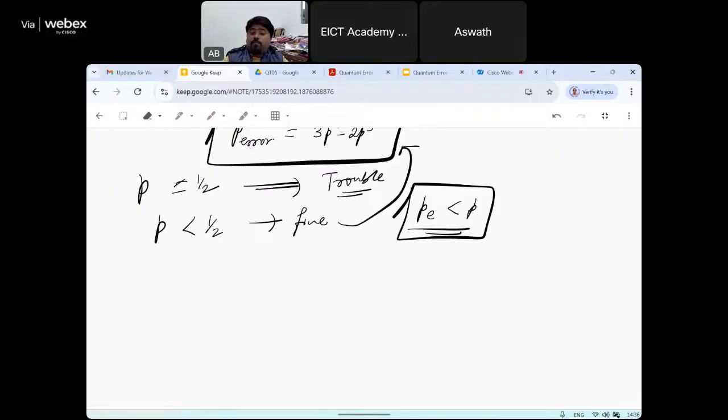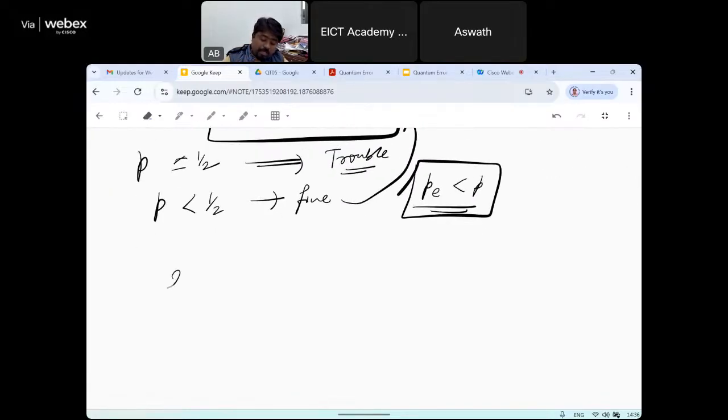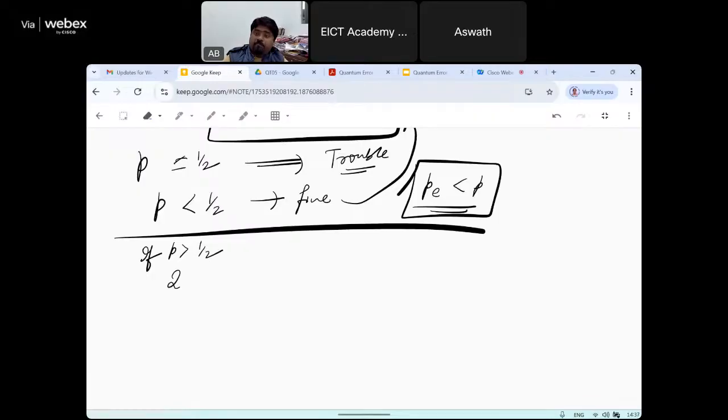If it is more than 50%, let's say two flips are happening, if two flips occur,